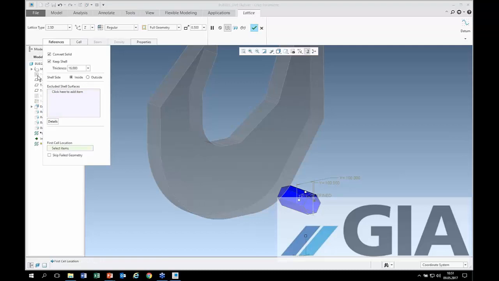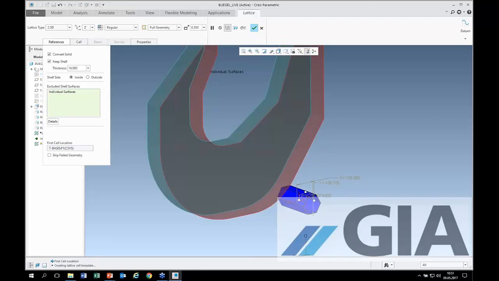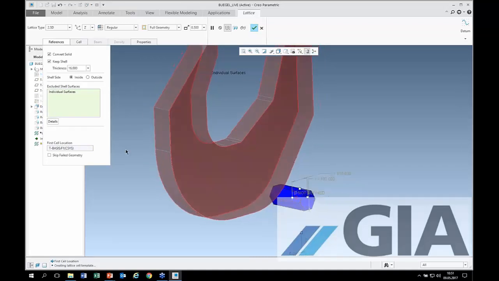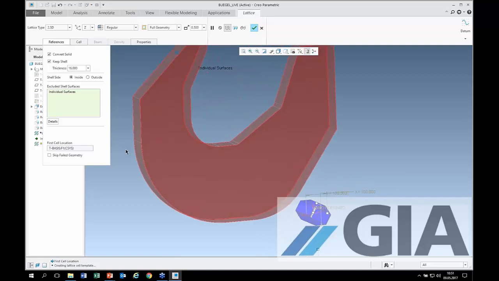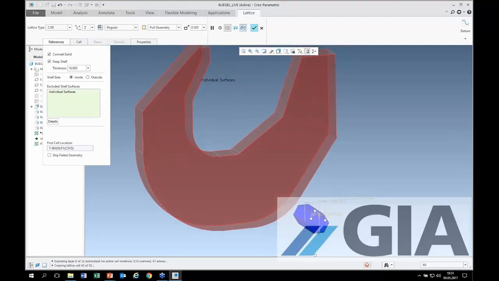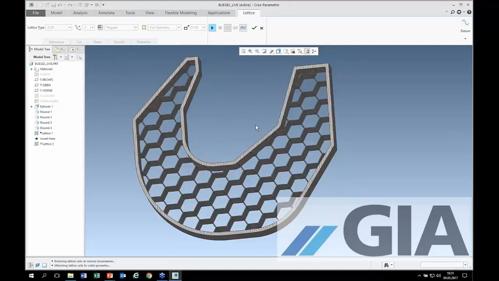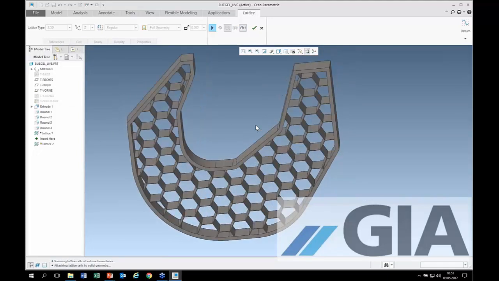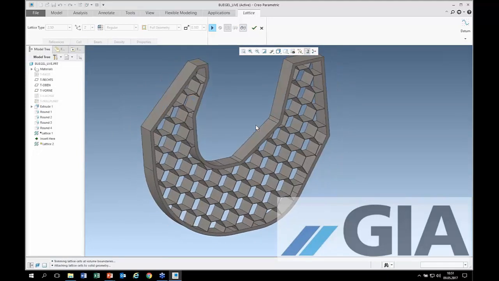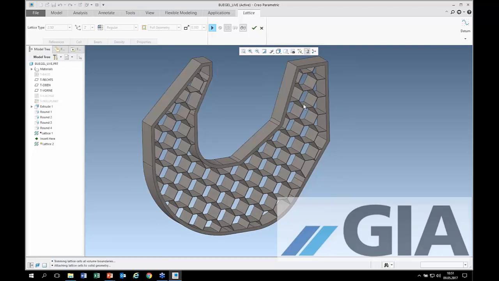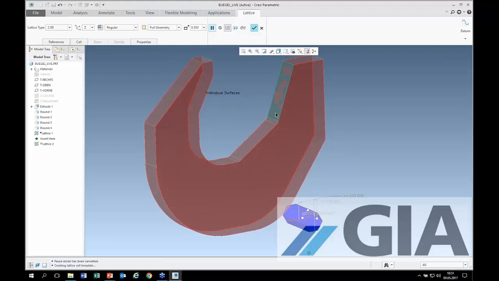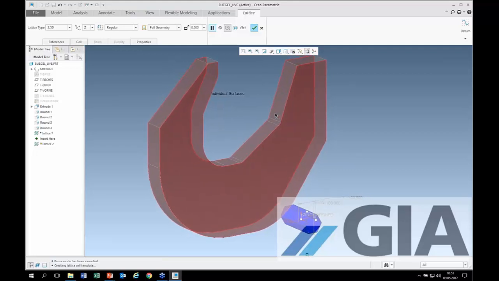So I'm going for first cell, selecting a coordinate system, and I also have the capability to exclude those two surfaces from my lattices. I'm hitting the preview button, and I can see the behavior of this 2.5D lattice feature. These shells could also be used by CreoSimulate to do a simulation,